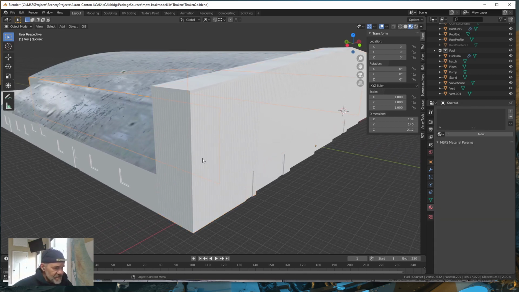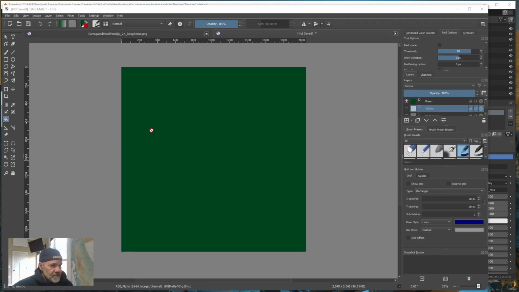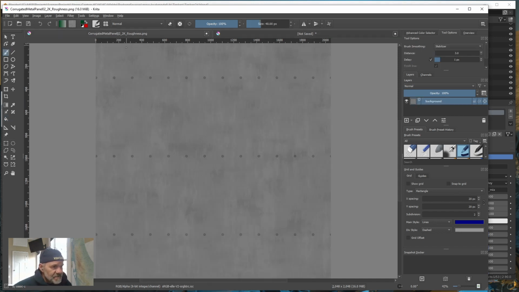Now let's go into Krita and do some texture stuff. So we have Krita open, and I'm on my colored image, so I'm going to select my roughness image. Okay, now,